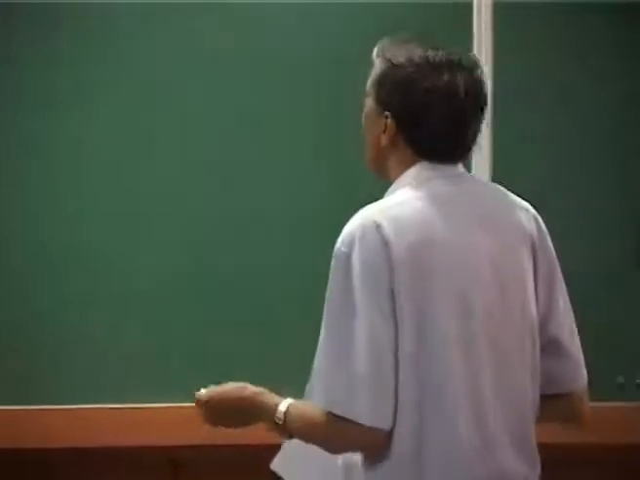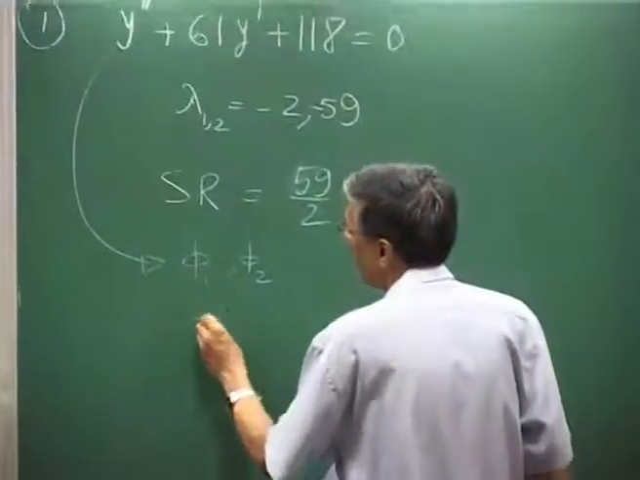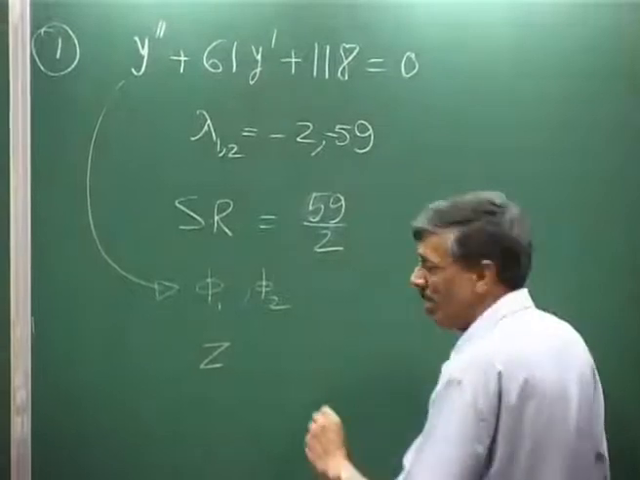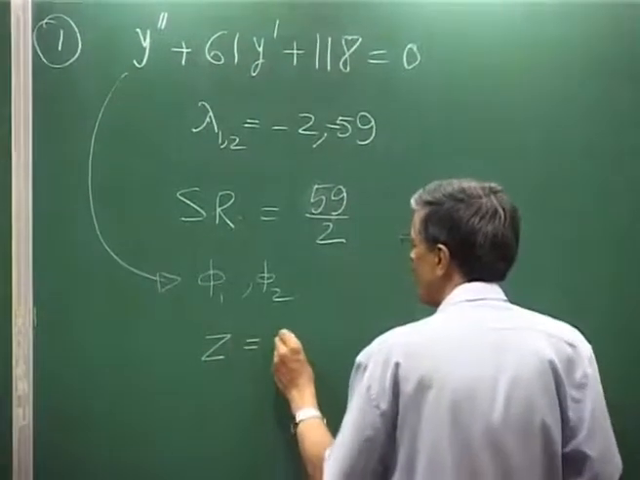So, basically I can define a compound matrix variable which will be nothing but